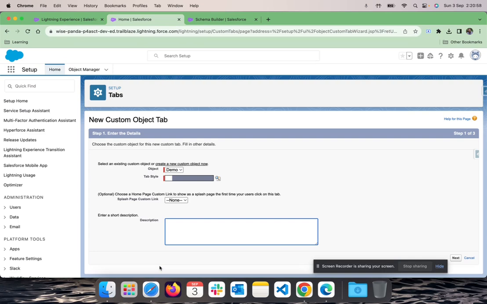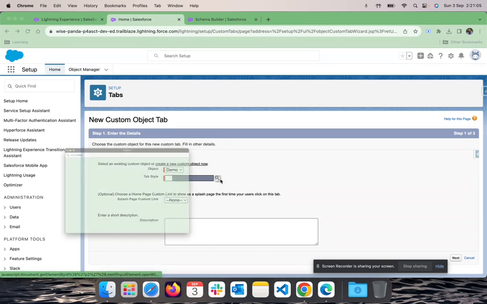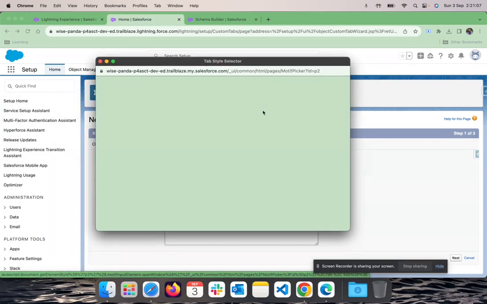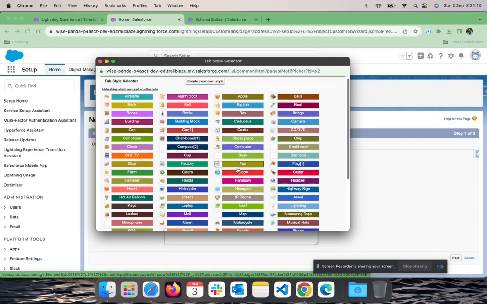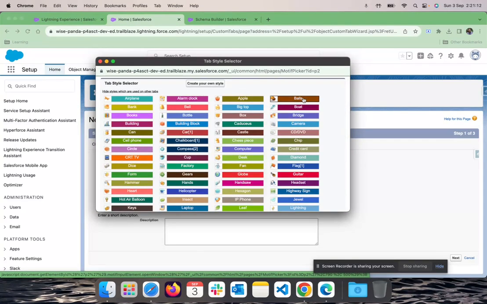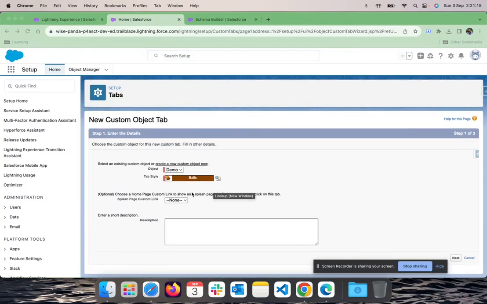As I told you, on clicking that option, it takes you to the tab creation for that object. So we have the object name demo, and we can select any tab style for that. Say I select a balls style, and I can put a description here, which I will skip for now, but you can obviously put a description. Description is a good thing to put on whatever you create in Salesforce, which helps the developers and the business understand the purpose of that thing. I'll click Next,